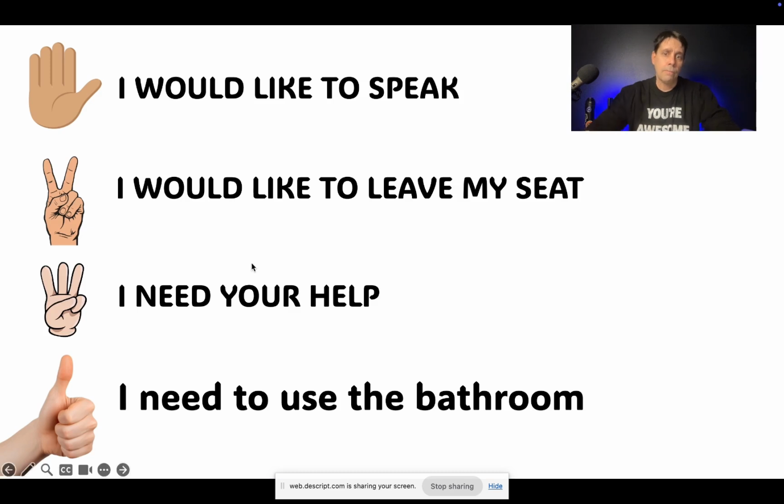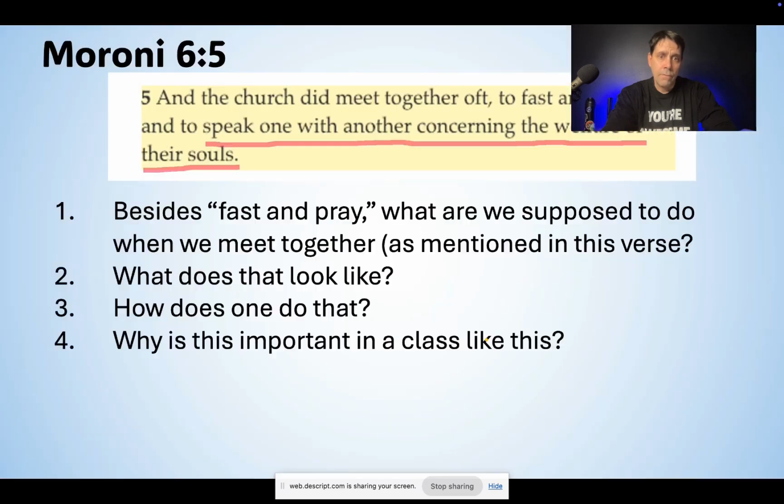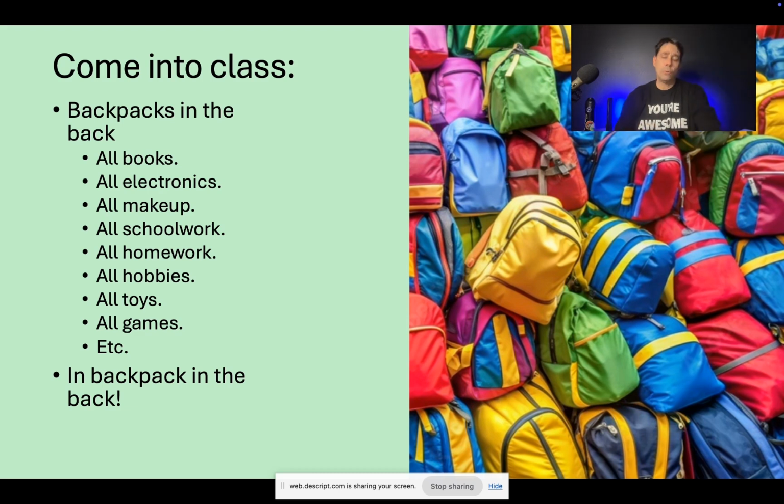Things like going to the bathroom. Do we want to be interrupted every day for the rest of the semester with somebody raising their hand at the wrong moment and saying, can I go to the bathroom? Do we want people just leaving their seat, creating distractions? Do we want people having video games and devices at their table? Do we want people doing homework at their desk? Do we want people reading Harry Potter in the middle of your lesson? Do we want people doing homework in class? The clear answer for me is no. If we can set these boundaries up from the very beginning, we eliminate so many problems.